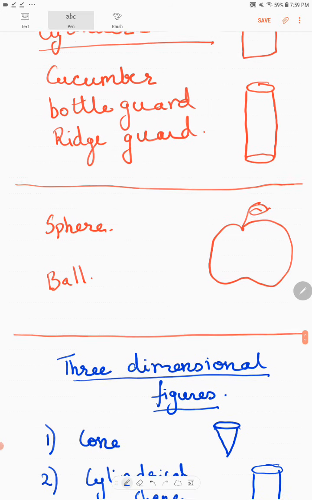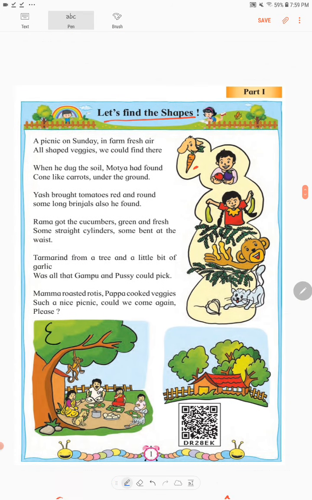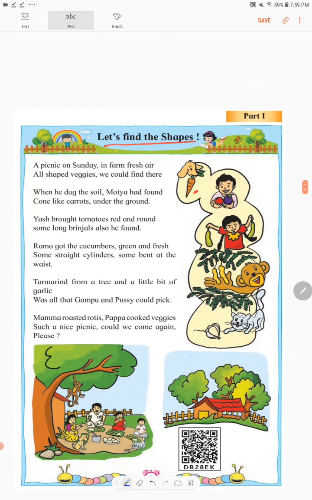There is a poem on the first page. Now let's read that poem. A picnic on Sunday in the farm fresh air, all shaped veggies we could find there. So this family went for a picnic, and they thought that we will find these vegetables and cook.